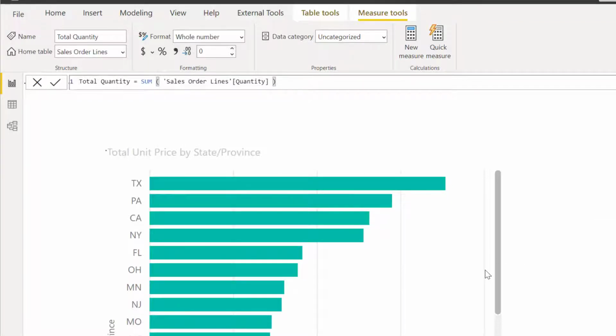Add another measure here, just a request for a little bit of time intelligence. So here at the top, new measure. We'll do a total quantity. We'll do the month to date now for this one. Waiting for the model to process. You can see where it's slowing us down a little bit. So total quantity,